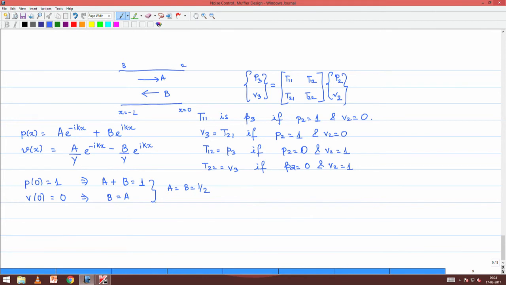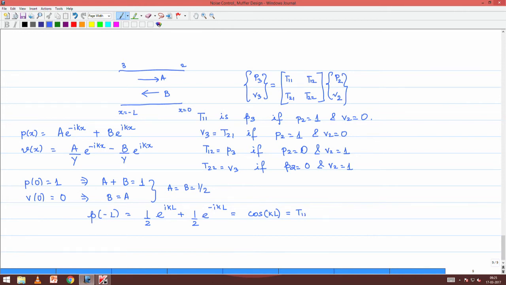Now, what remains to be found out is what is exactly the pressure at station 3, which is having a coordinate of x equal to minus L. So, P at minus L is A, which is half, into e to the power minus I k x, x is minus L. So, this will be e to the power I k L, right, plus B, which is also half, e to the power I k x, x is minus L. So, that makes it e to the power minus I k L, and as you very well know, this quantity is given as cos of k L, right. So, this basically is my T11,